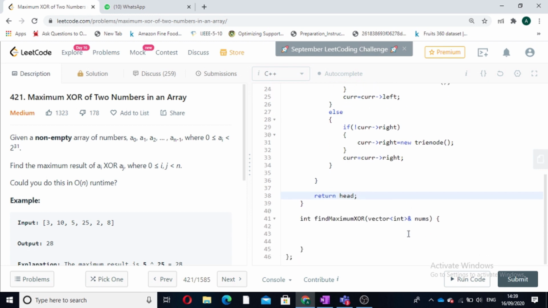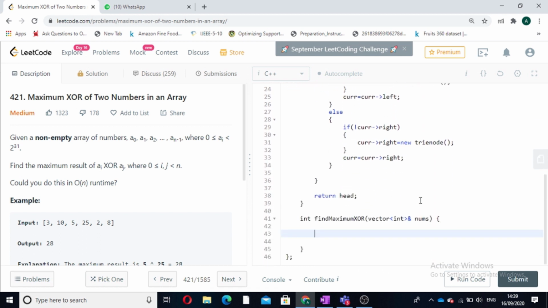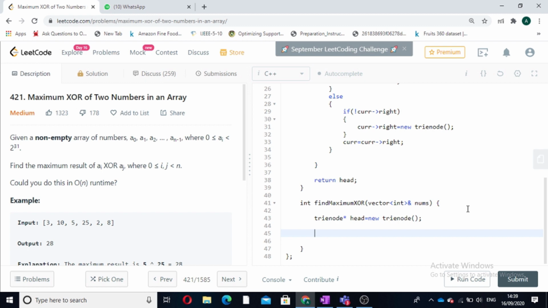Now we are in the main function, from where we have to call this insert function to make our trie. First we will form a head: TrieNode star head is equal to new TrieNode. Now we have formed our head. Now we have to call the insert function and insert every number that is present in our vector into that trie.